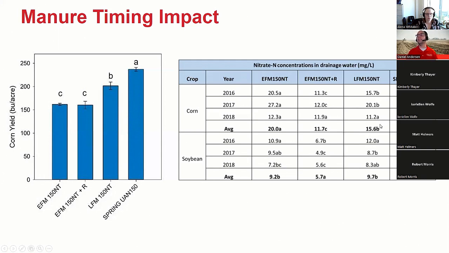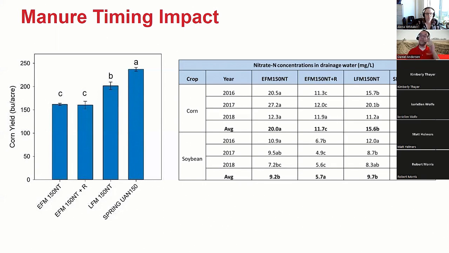When we look at season, we saw about a 25% reduction just by going from early fall manure to late fall manure. So from moving from a time where we know it's a little early to what we think of as more optimum timing, we did see less of that nitrogen making it to tile lines. And that makes sense, right? We saw a greater yield. So we're converting more of that nitrogen into corn yield, at least it would look like.